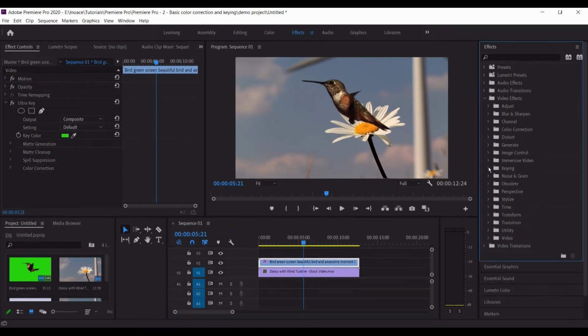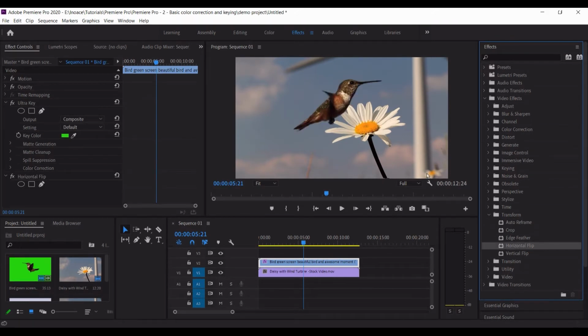So if we want to flip it horizontally, we are going to go into transform and horizontal flip. Make sure the clip is selected, and let's double click, and our bird is now flipped horizontally.